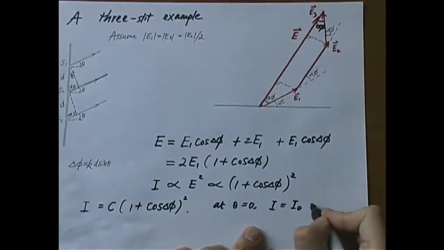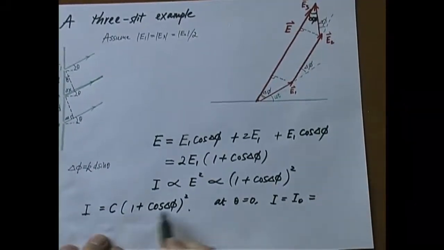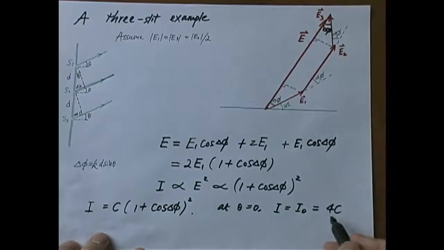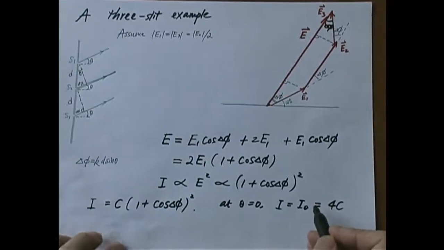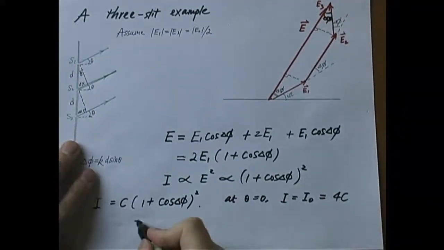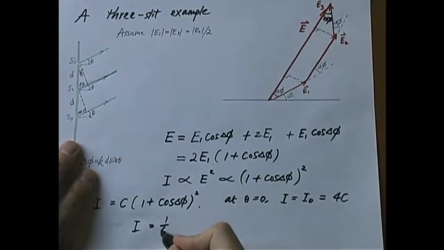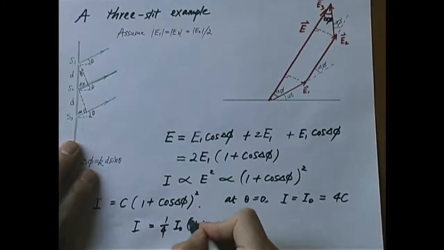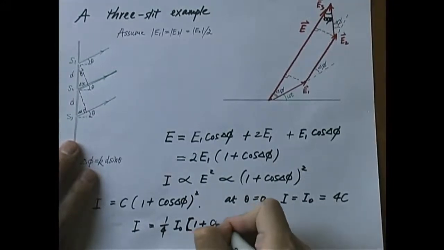But wait a second, I naught also equals this expression. All you have to do is plug in theta equal to 0. Now when theta equals 0, again delta phi equals 0, cosine delta phi equals 1. 1 plus 1, that's 2. 2 squared, that's 4. It's 4 times C. Right? So what did that tell you about C? C is 1/4 of I naught. So finally, I have I equals 1/4 I naught times (1 plus cosine delta phi)